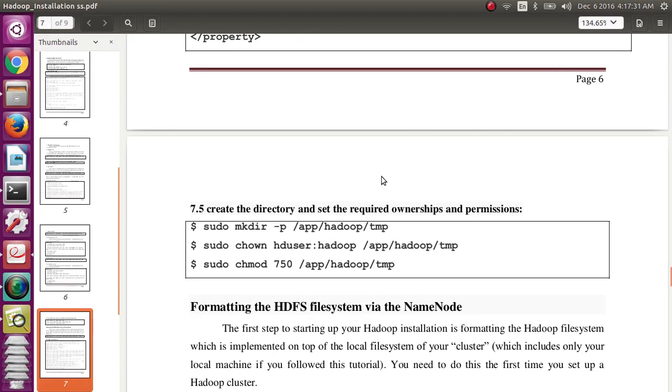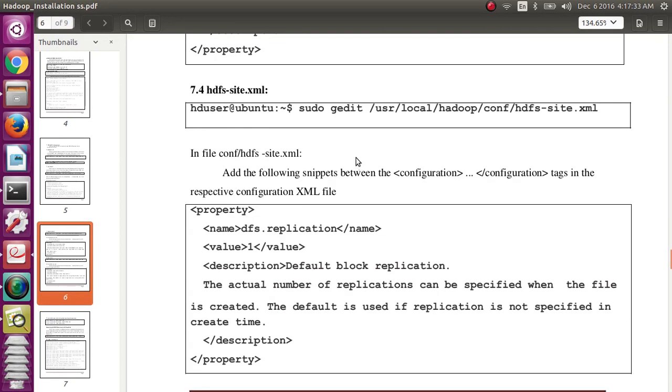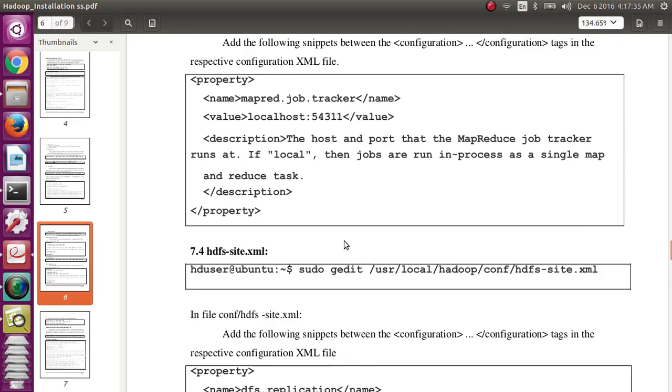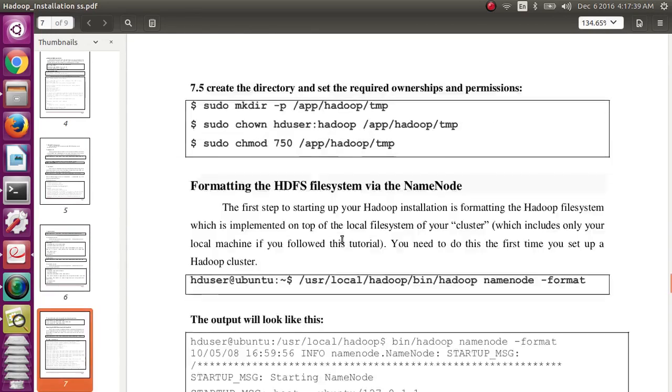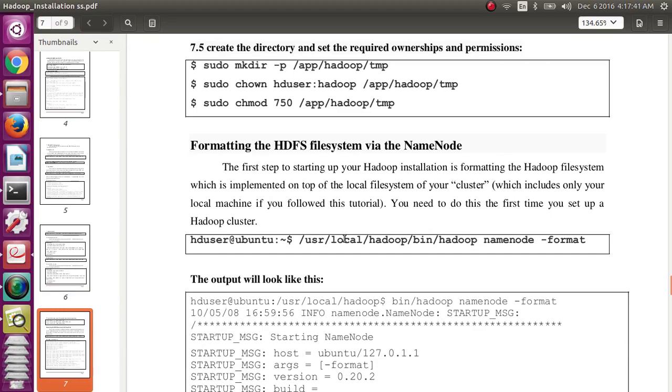Now after setting all these, the hdfs-site.xml, mapred-site.xml, and core-site.xml, we need to create the temporary directories for Hadoop, where Hadoop will run. First create a folder using the command mkdir.